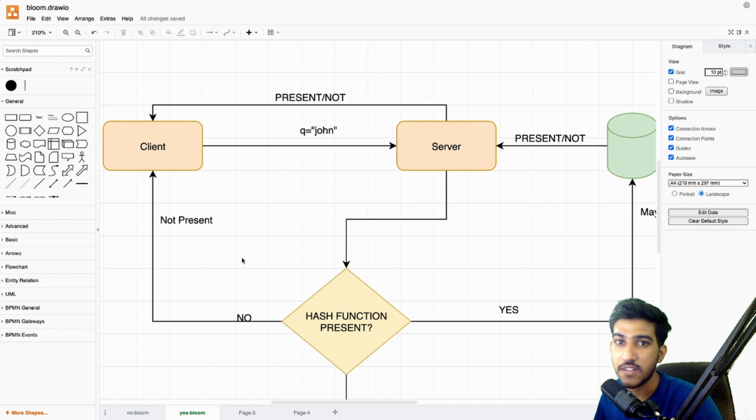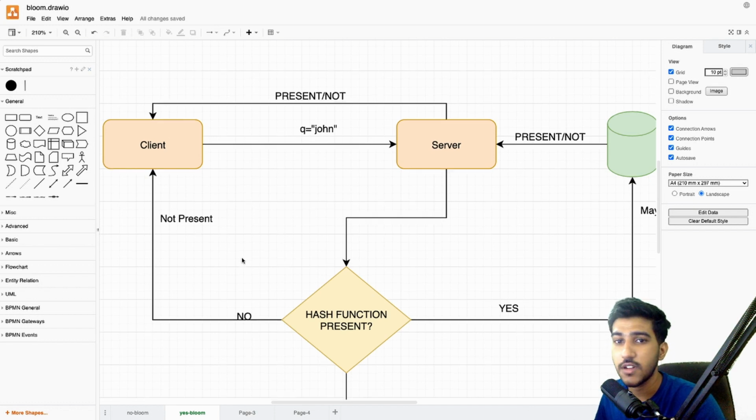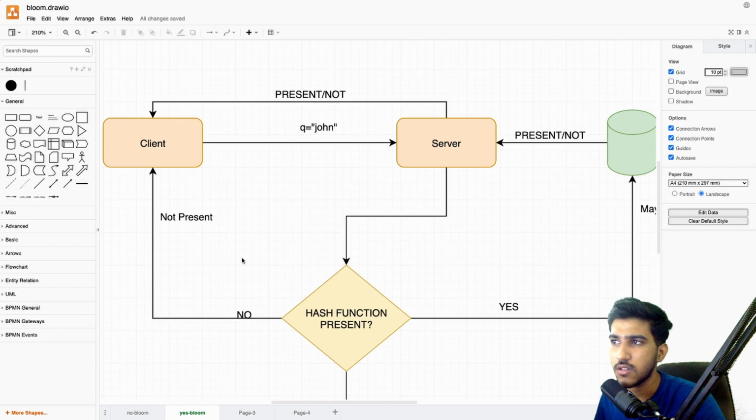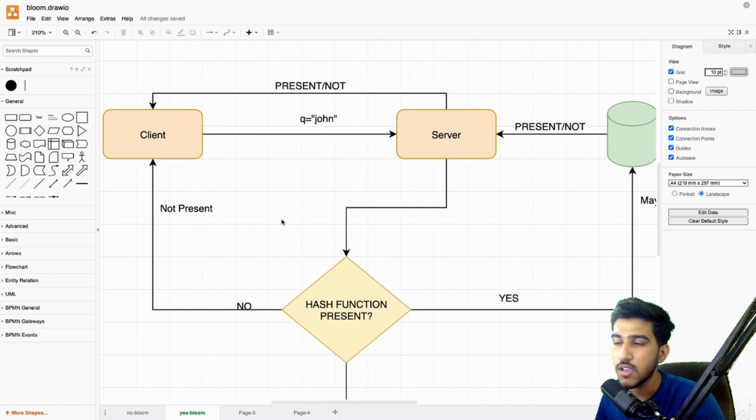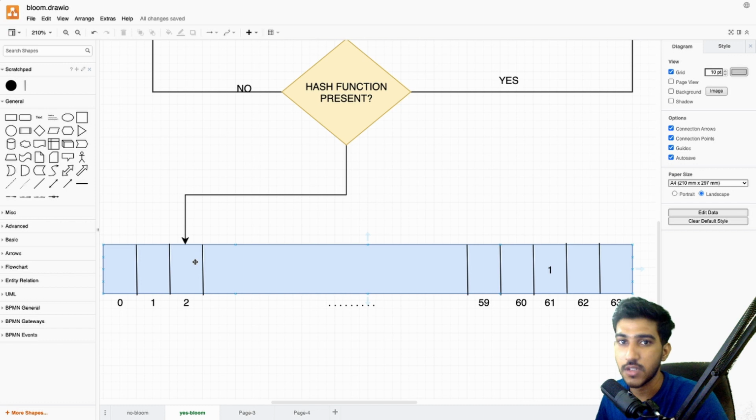So in this case also we are querying the database, but the number of queries, let's say on average over 10 seconds, is greatly reduced. It depends upon the queries also, but it is not 100%. We are not accessing the database every time, right? So we are stopping if it is not set in this case.